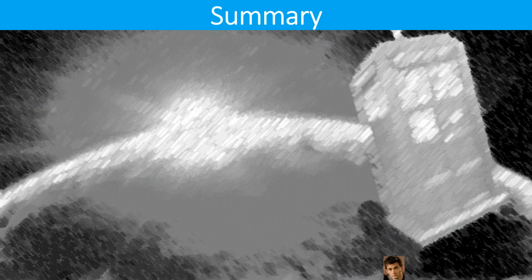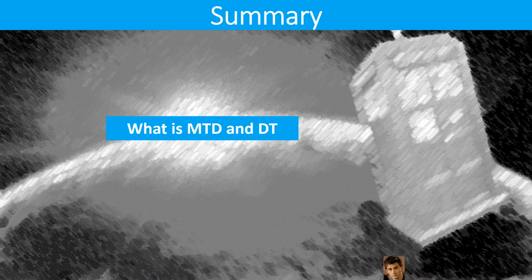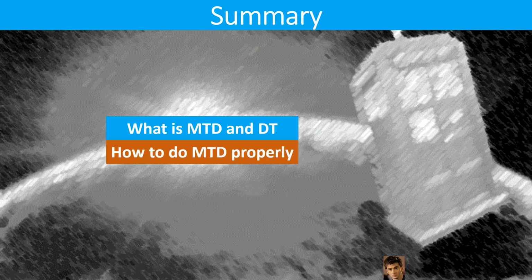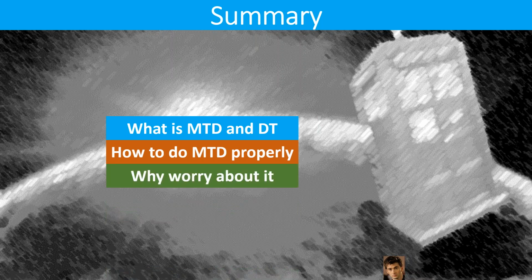So what have we spoken about? We spoke about what is digital transformation, making tax digital, and we saw how they're both part of the same thing. We had a look at how to do making tax digital properly, those top 5 tips: get it all in one place, record it, report it, reconcile it, and then you can do your submission. And we also spoke about why you should worry about digital transformation. And if you start with making tax digital, that can become your first step on this highway of digital transformation. You can get on the bus now instead of chasing it forevermore.